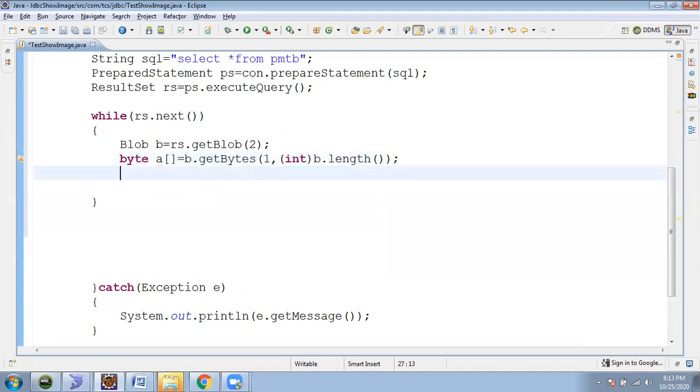Understood? Yes, sir. We are typecasting it into integer actually. The method takes two parameters. One of them is the position of the first byte that you want to get, and the other is the length that you want to retrieve, right? Now what I'm doing is,